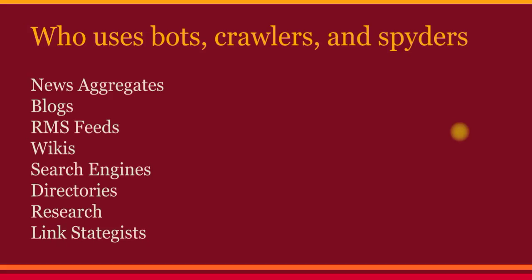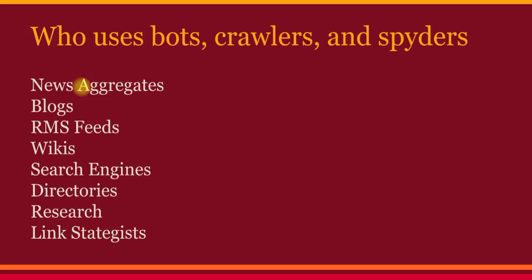So we want to say, well, that's great, but why? Who's using bots and crawlers, and why would it be so important to spend all this time figuring this type of communication out? Well, news aggregates, news sites that share stories, go out and look for information and research what's going on, where can I get the best information for it. They have bots. They use spiders to download pages so that they can take a look at what that page even looks like and make decisions on, is this a source that we want to cover in our news.